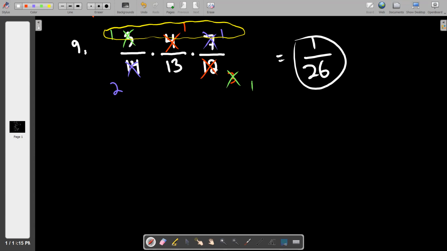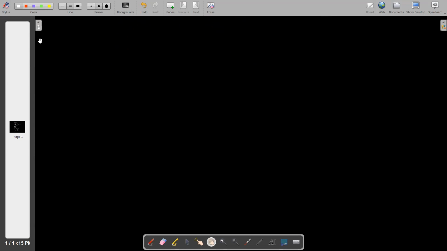And then the last problem in this section is again a 3 marble job. And so we know for number 10 that we need a fraction, a times sign, a fraction, a times sign, and a fraction. The first marble is always going to be out of 14, right? Sorry, I've got to reset my